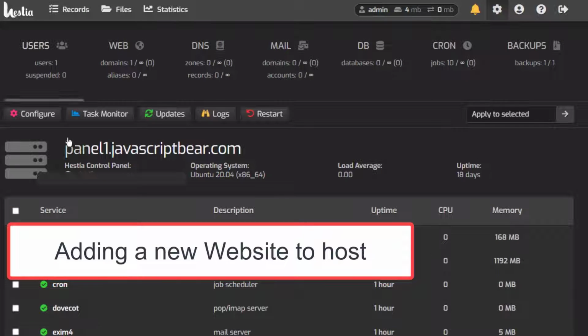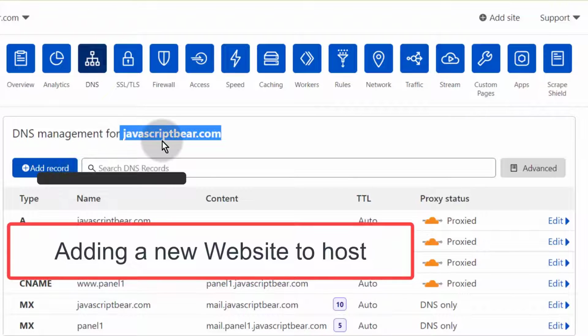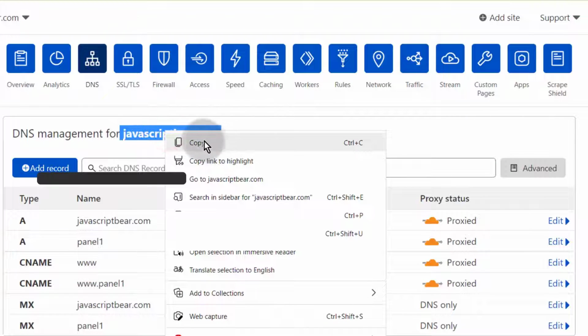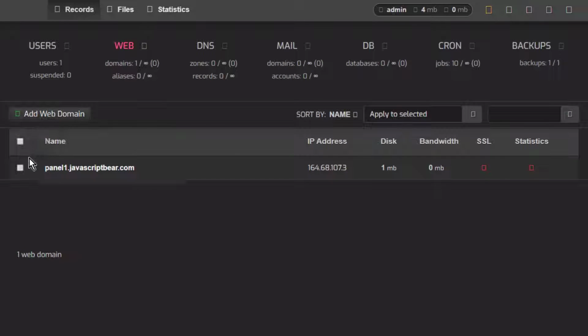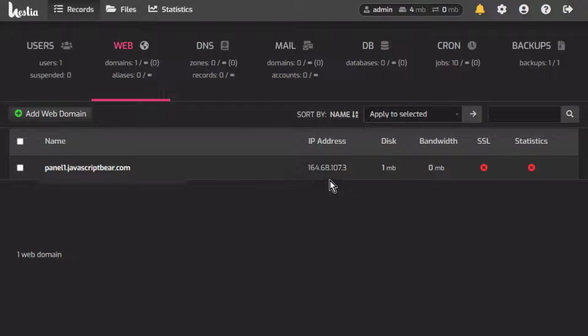Let me just give you an overview of how you can set up a new website on HestiaCP. So I'll copy that and let me just come back here and I will go into web. So by the time you're watching this tutorial, I will have deleted this server. So you probably won't get access to any of these IP addresses or any of these links. So if you want to add a website here, maybe you want to host a new website, just click there